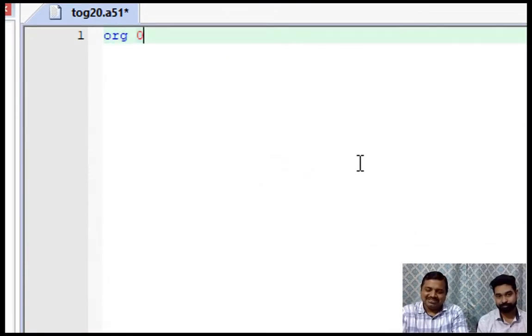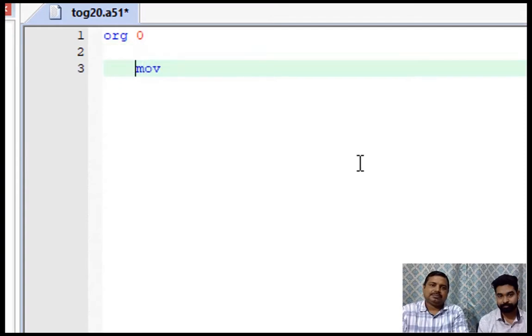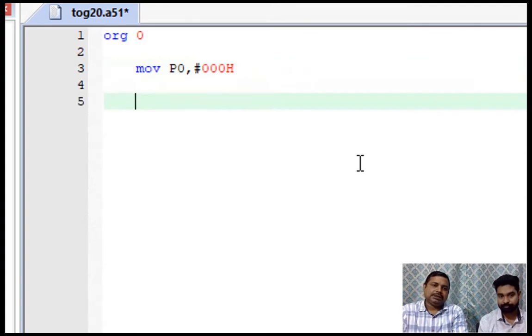So org 0, enter, and now we have to load the value. We can move to port 0, we can clear it, and now we have to write the delay. So let's write a delay program.